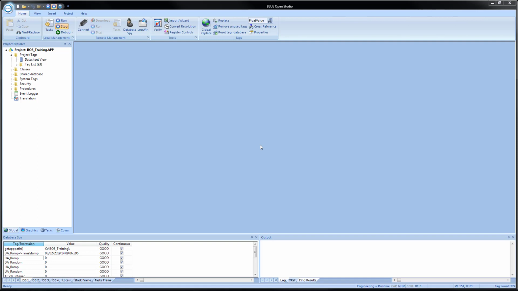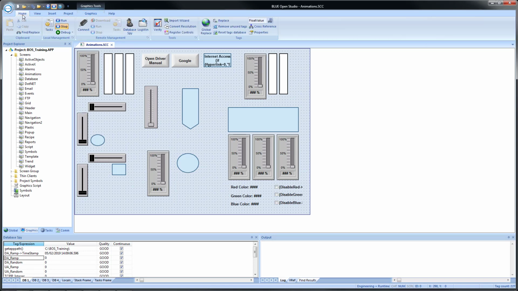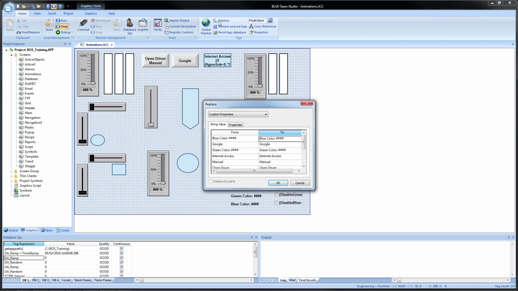So the next utility we'll look at is the replace, which we'll see in the home tab of the menu ribbon up here under tags. But if I click on it, nothing happens. That's because I don't have a screen or a worksheet open. So if I go to my graphics tab in the Project Explorer and I open a screen, in this case I will open animations. And now if I come back to the home tab and I click replace, I get